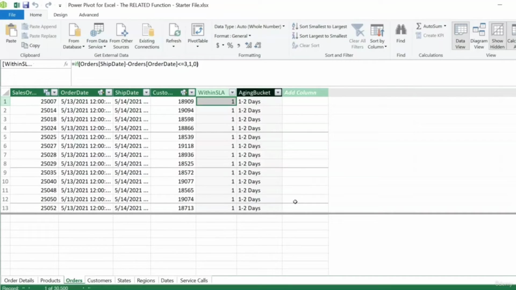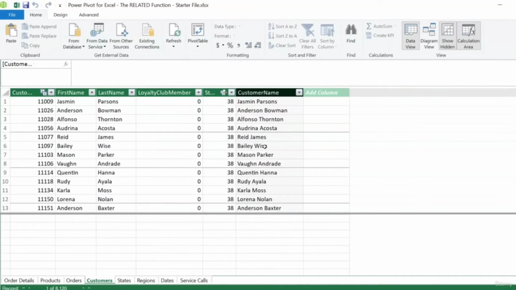Now let's say we wanted to modify this logic to include a special accelerated shipping timeline for our loyalty club members. Now we do have a field in our data model that tells us whether a customer is in fact a loyalty club member, but the problem is it's not in this table. It's actually in the customers table. So how can we get access to this data so we can incorporate it in our modified formula logic in the orders table? The answer is by using DAX's related function, which takes advantage of the relationships between the tables